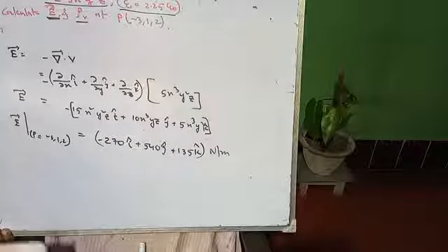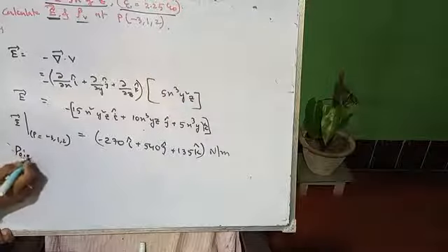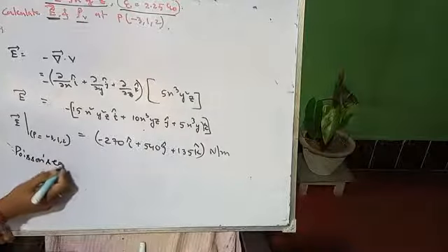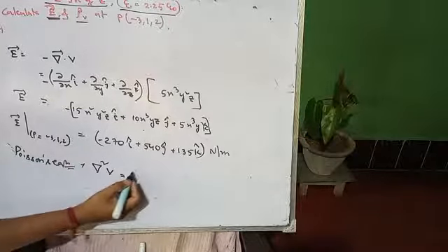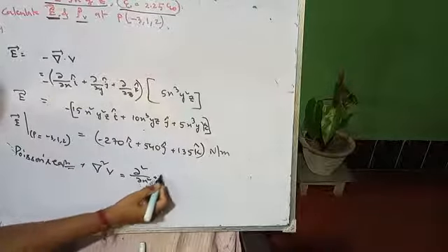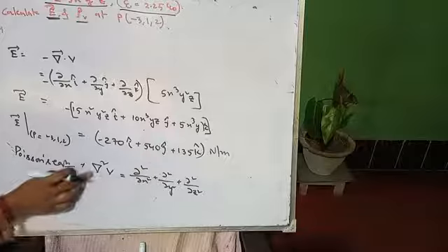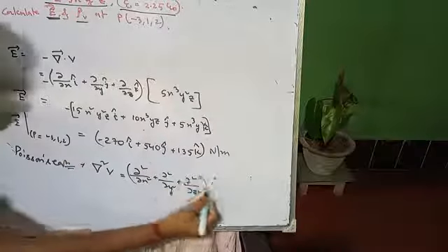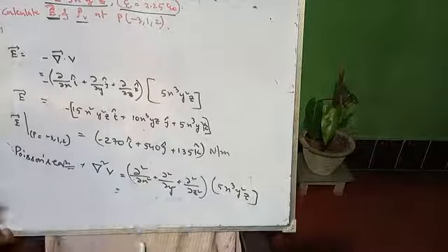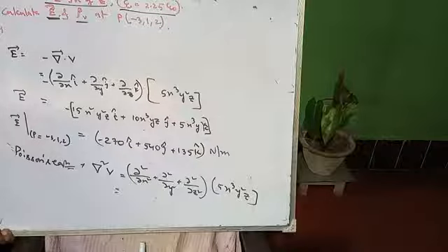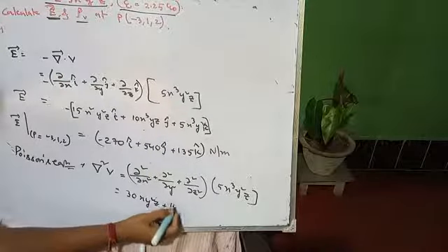How to find rho v? For that you have to use Poisson's equation. What is Poisson's equation? Del squared V, the Laplacian of V, equals del²V/del x² plus del²V/del y² plus del²V/del z². The Laplacian is a scalar quantity, that's why you cannot put a vector sign over here. V is 5x³y²z. After taking the double derivatives, you get 30xy²z plus 10x²z. Please verify it.